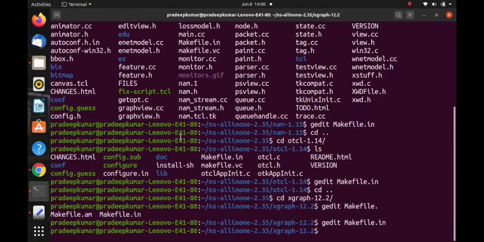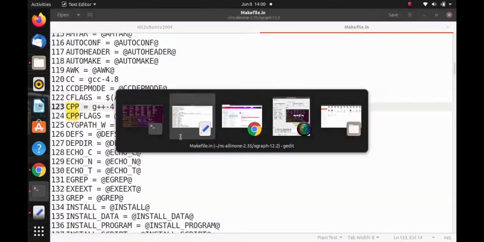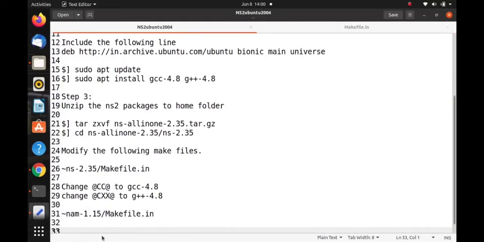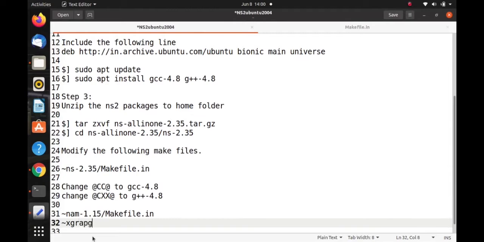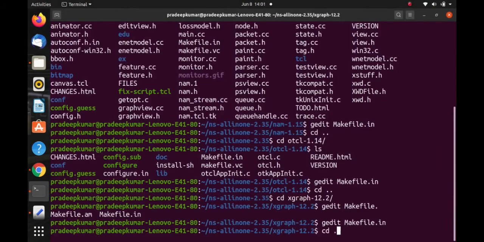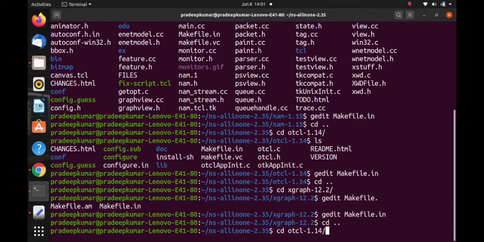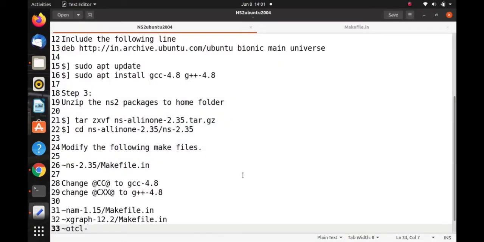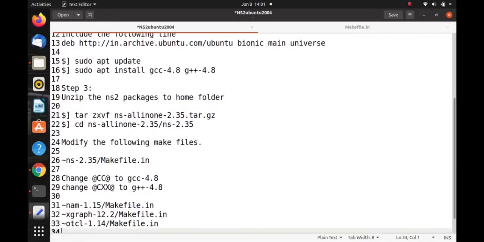Okay, so we have done it at multiple locations. The different locations are NAM, then xgraph hyphen 12.2 slash makefile.in, and one more is OTCL hyphen 1.14 slash makefile.in.